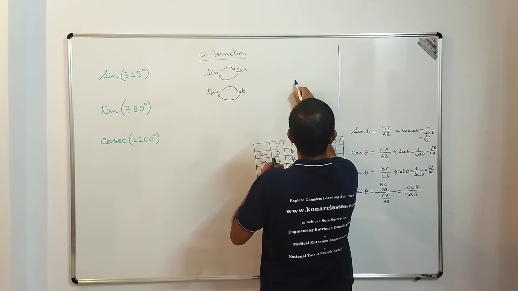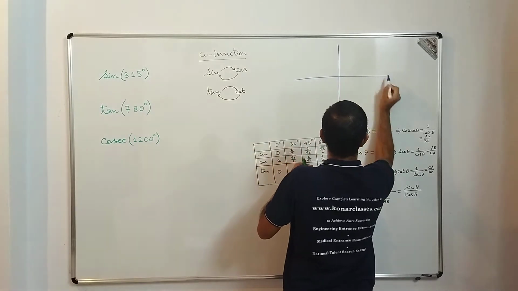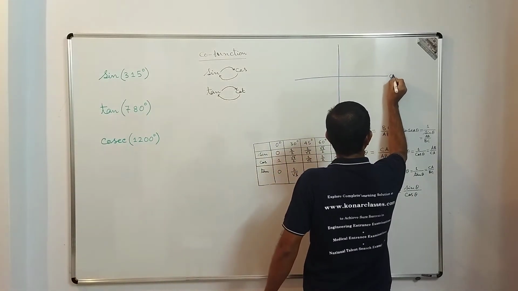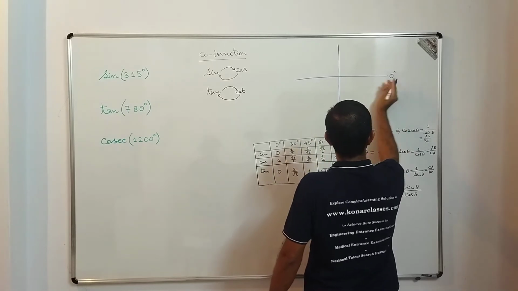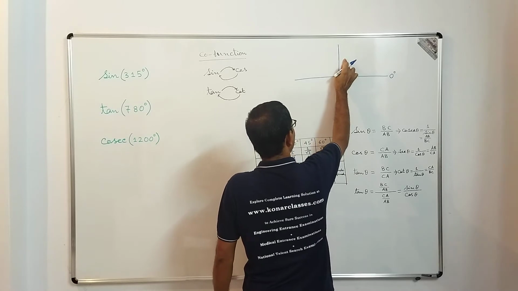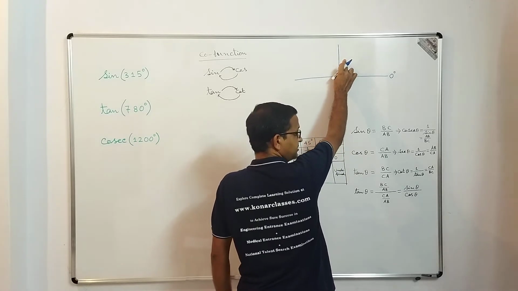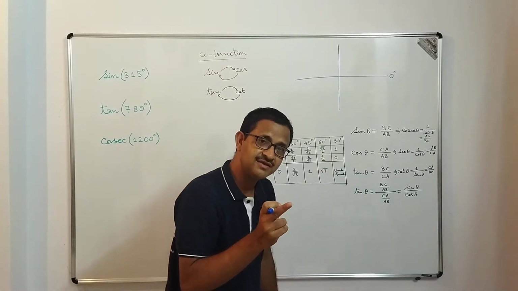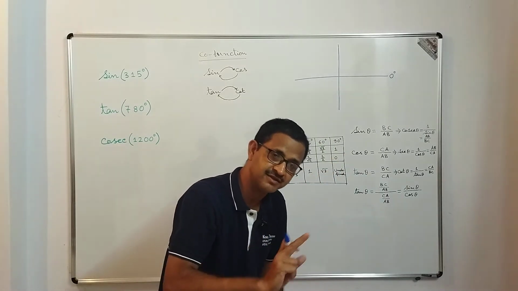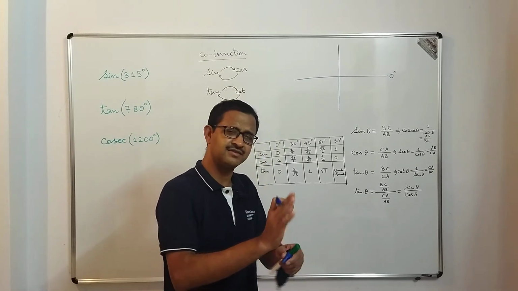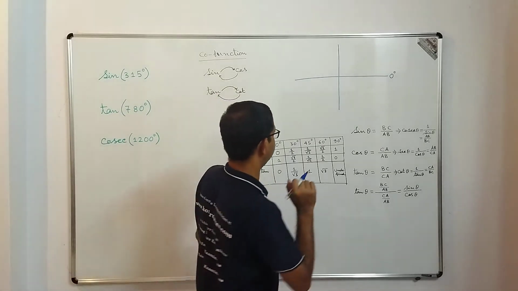So this entire plane I divided into 4 quadrants. Here, I tell you, it is actually 0 degree. Now from 0 degree, if I go in the counterclockwise direction, by the way, you must be aware that the counterclockwise direction is the measurement of the positive angle and the clockwise direction is the negative one. We will discuss those angles and all these things some other day.